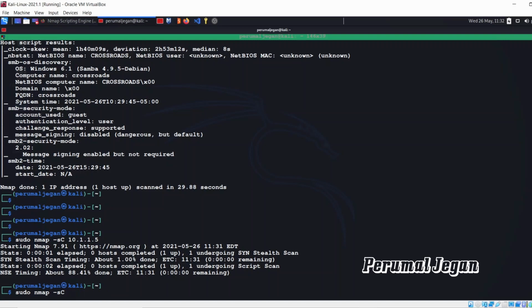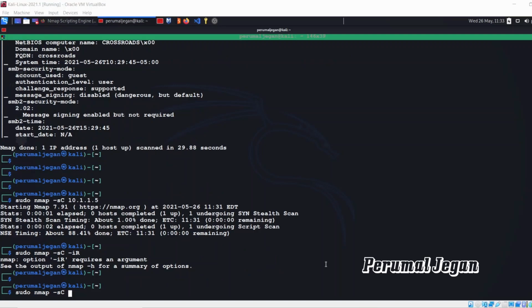Okay, you may ask, if we have a few hosts, then we can use these methods. What if we have a bunch of IP addresses and a bunch of domains? In such cases, you can call a file in the Nmap command, and make sure all the domains and IP addresses are present in that file, so that Nmap is able to reach the file and fetch the details from it. For that, you have to use the flag -iL. This is what is used to call a file. Here you need to mention the file name.